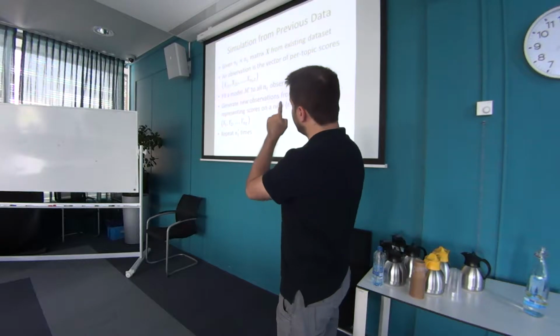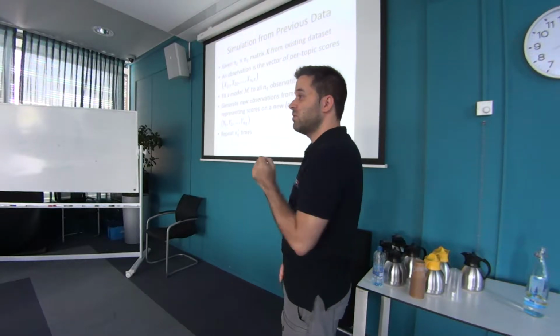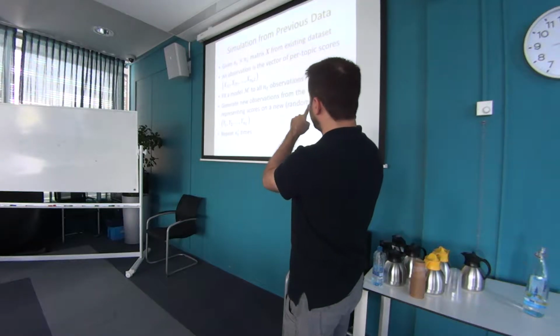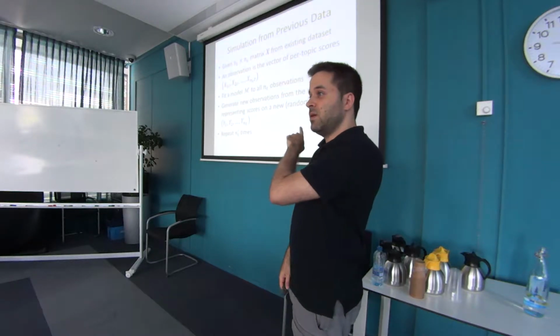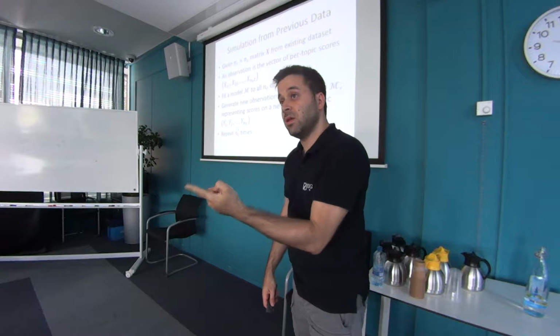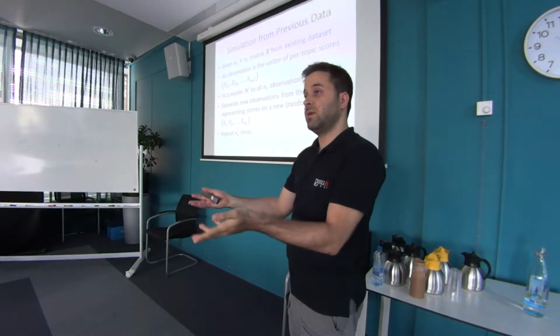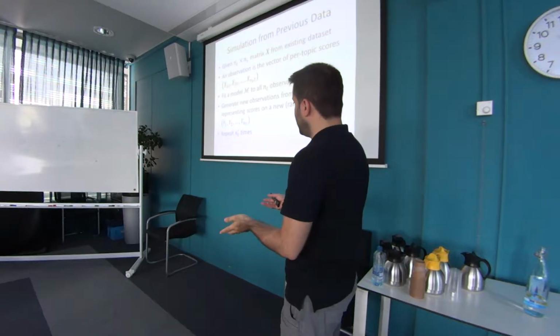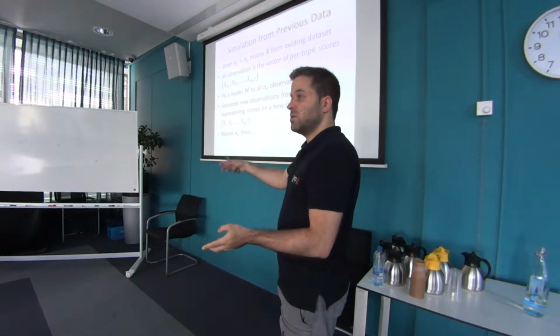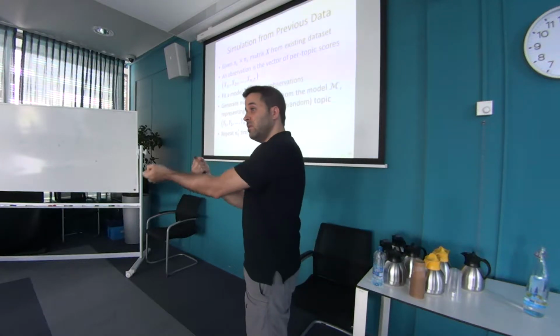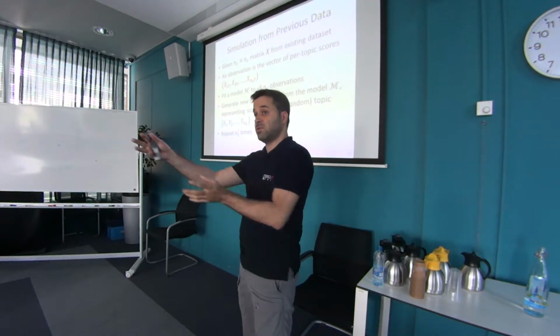And so the idea is let's fit the model M to all those observations that we have, and then let's generate observations from that model that we create, so that we can simulate new topics, a new random topic, and by that I mean the scores that the system would have had on that topic, right? And repeat as many times as we want. So again, from existing data, let's build a model so that we can generate new data from that model, and of course make it realistic.